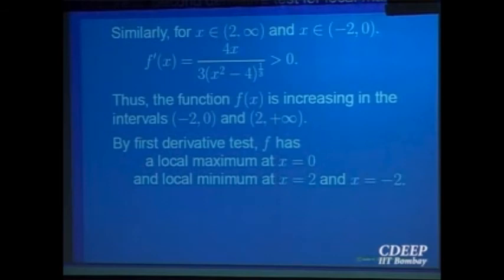So we are looking at the point 0 separately. In this example, the only thing to be noted is the point where it is not differentiable, you should not be trying to apply the derivative test there. Apply the derivative test with suitable perspective: at the point 2 it is not differentiable, but on the left of 2 and on the right of 2 the function is differentiable. So I can look at the derivative on the left of 2 and right of 2 and decide whether the derivative is positive or negative, the function increasing or decreasing. Okay, so that is one example.